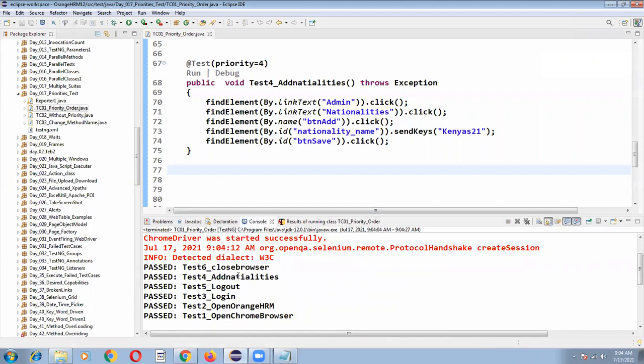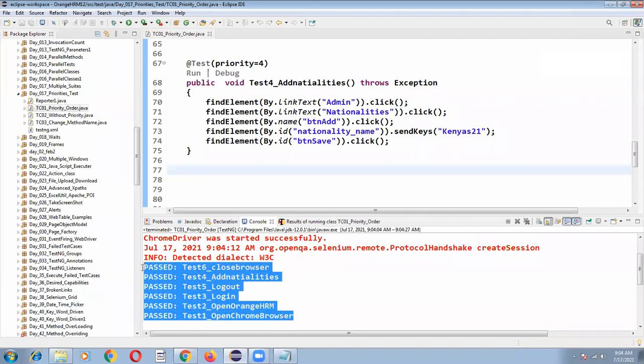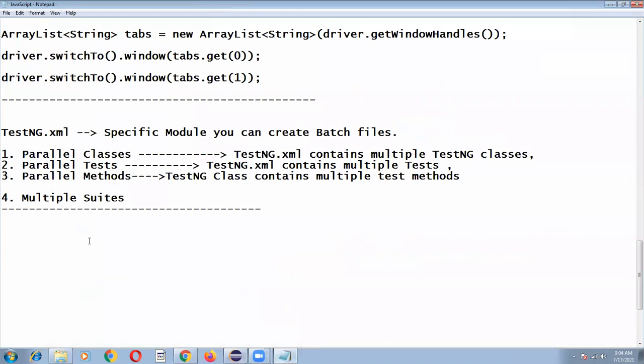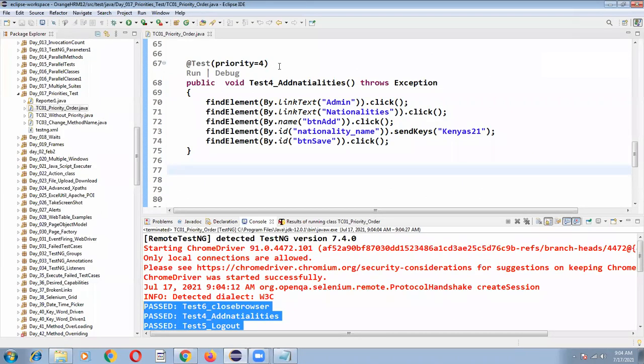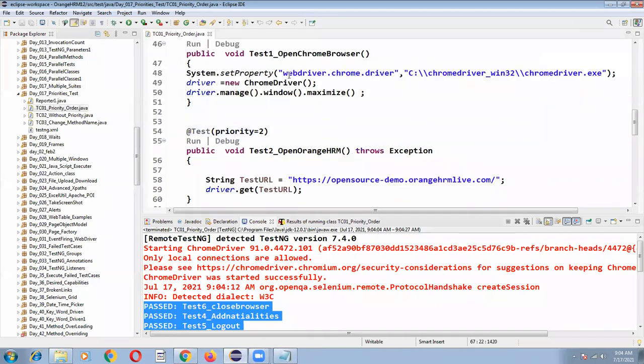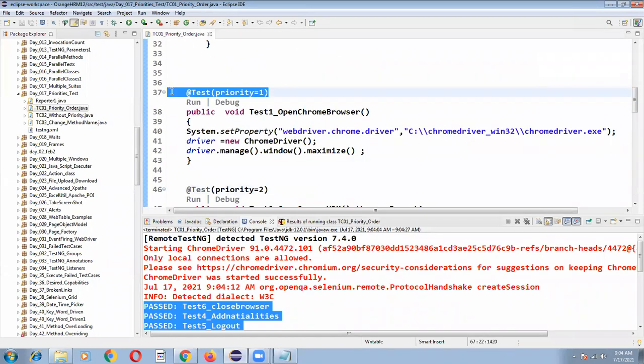See here, all your test methods have been executed: open Chrome browser, open Orange HRM, login, logout, add nationalities, and close browser. This is the sequence in which your methods have been executed. Here you simply need to write priority equal to 1, 2, 3, 4, 5 like this. That's it.